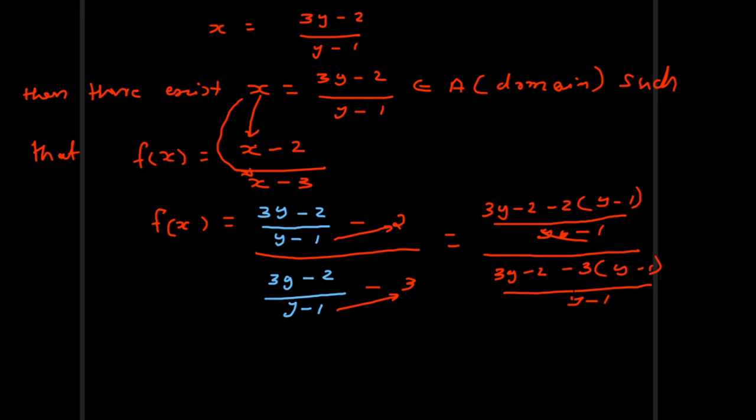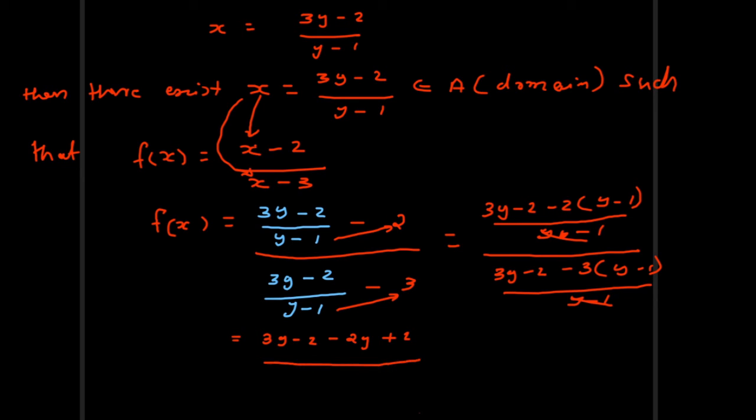This y minus 1, this y minus 1 you can cancel. This is equal to 3y minus 2, then minus 2 into y, minus 2y, then minus 2 into 1, plus 2,